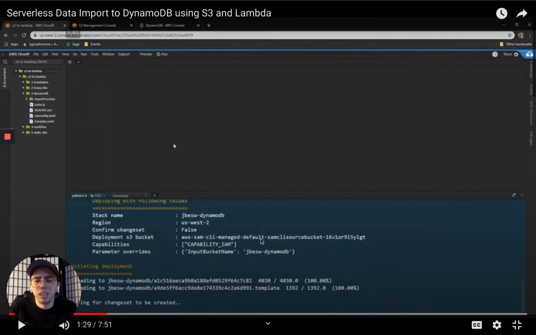One of them is the deployment S3 bucket. Another one here is the capability IAM. Whenever you deploy a CloudFormation stack that has an IAM role inside of it, you need this capability here. You typically don't need to think about it when you use AWS SAM or the Serverless Framework. But if you write your own CloudFormation stacks, or you try, as I did for another client, to rebuild a Serverless Framework or an AWS SAM equivalent that had its own custom functionality for that internal company, it's actually an interesting project, but